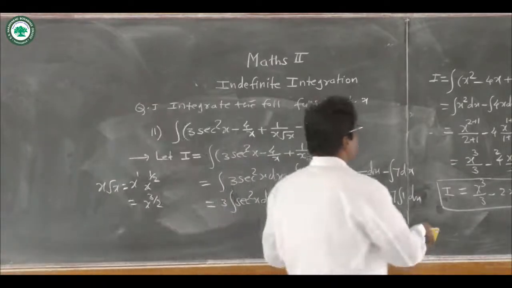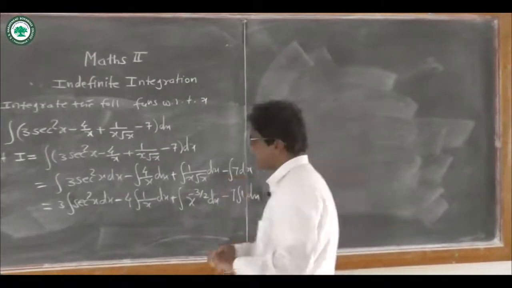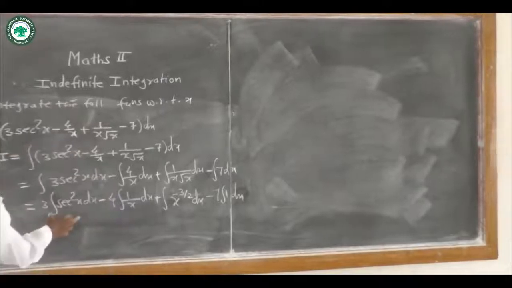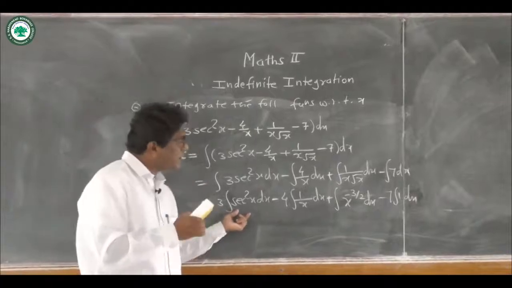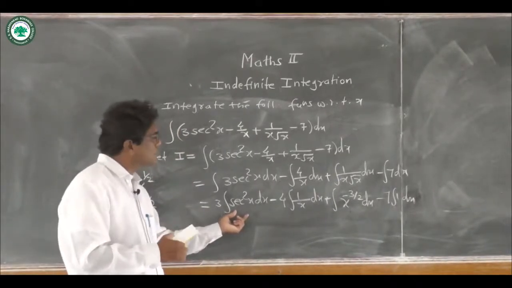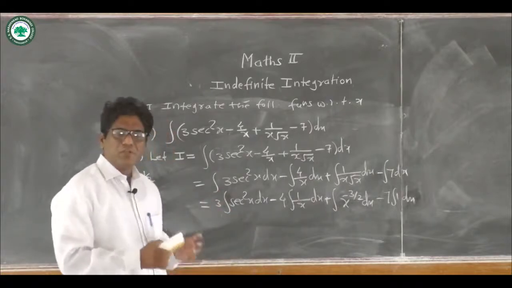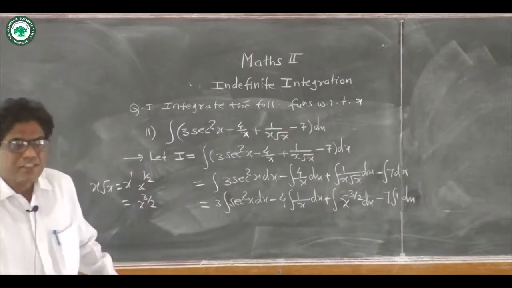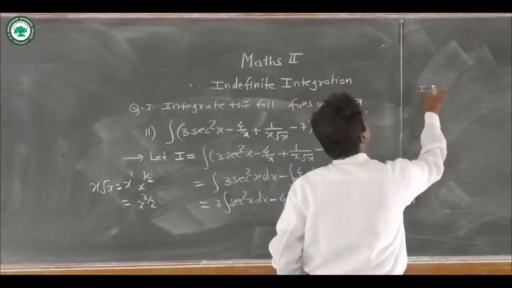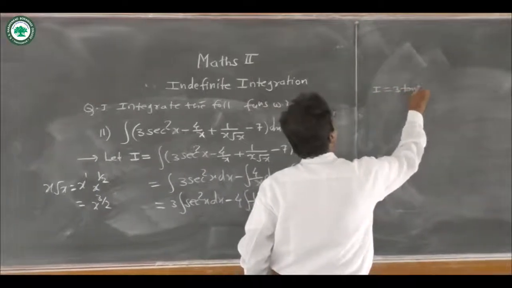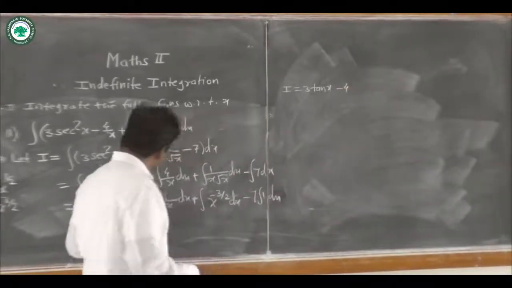Now next we find the function whose derivative is sec square x. Here, integration of sec square x. In our mind, we recall the function whose derivative is sec square x. We know that the derivative of tan x is sec square x, and therefore integration of sec square x is tan x. So we get I is equal to 3 tan x minus 4 integration of